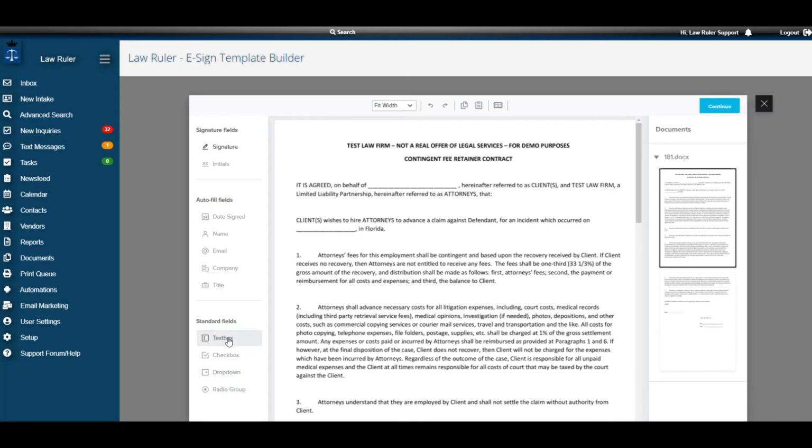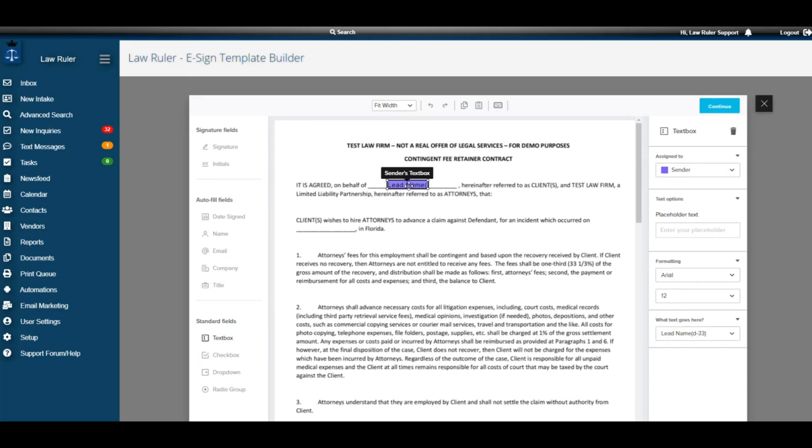For text, we're going to select Text Box. Once we have that selected, we're going to find the area we'd like to drop our text into and click on it. That's going to put a little text box that appears here. We're going to drag it where we would like it to be and then drag the corners to resize it